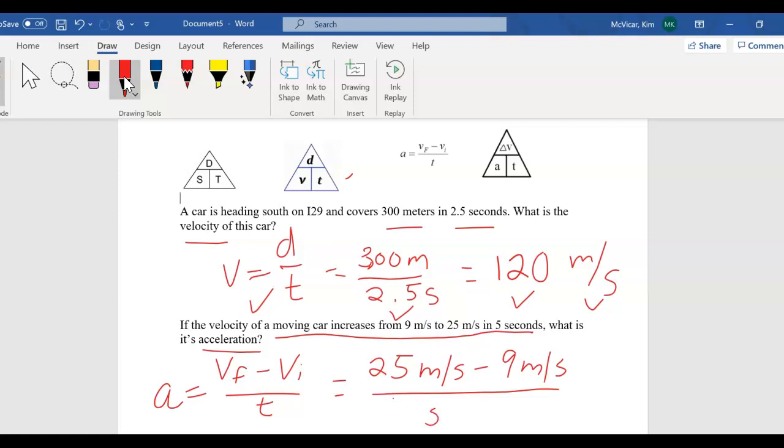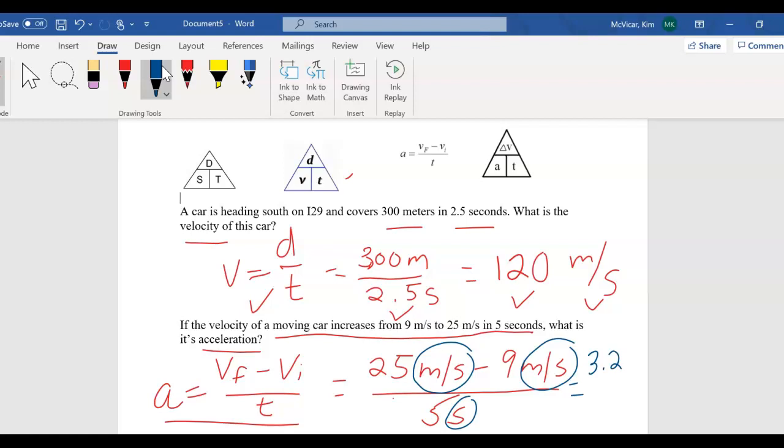All right, so my delta V, notice you guys, I've got my equation, 1 point there. I have substituted inside of the problem. I have left the units. I need to do that in order to get full credit. All right, 25 minus 9 is 16 divided by 5 is 3.2